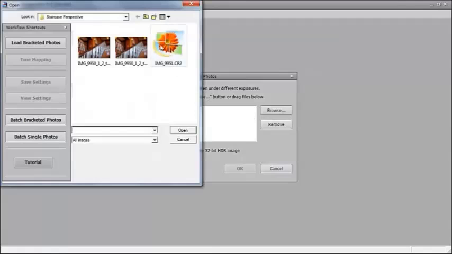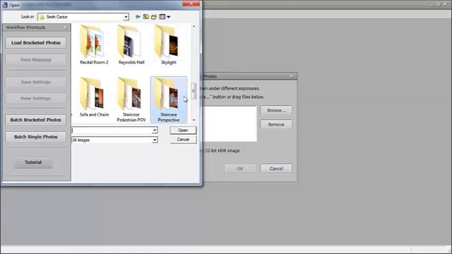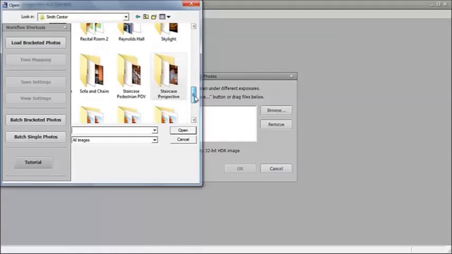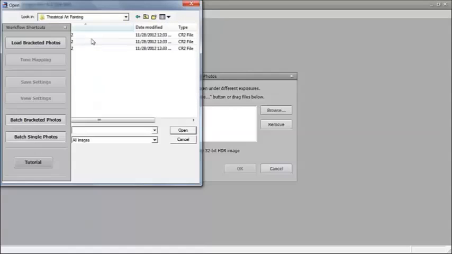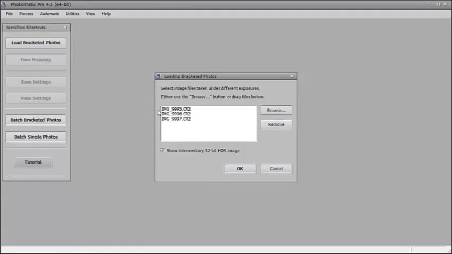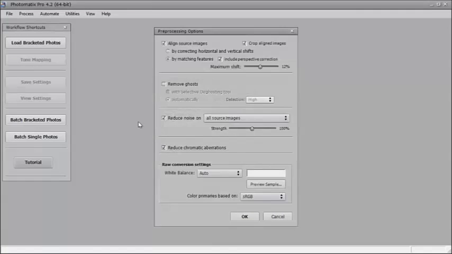So we'll click on browse and we'll go up here to my Smith Center file and pick up, let's see, theatrical art painting. Okay, we're going to select all of these and click open, and it brought the files into the loading area. Click OK. It's going to ask us to align source images, or if we want to crop the aligned images